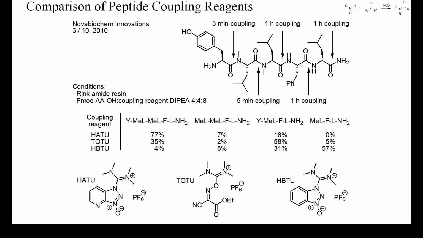In order to compare the effectiveness of three common uronium salt coupling reagents, chemists at Novabiochem prepared a difficult pentapeptide and performed the difficult couplings for only 5 minutes. With uronium salts there is no danger of N-acyl urea formation, and the couplings were conducted under slightly basic conditions with an excess of DIPEA. Only with HATU the main product was indeed the target pentapeptide, while the other two coupling reagents gave large amounts of truncated peptides. For less difficult peptides and with longer coupling times, also TOTU or HBTU usually give good results.